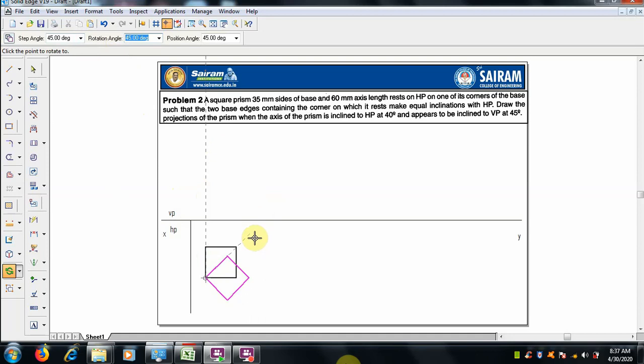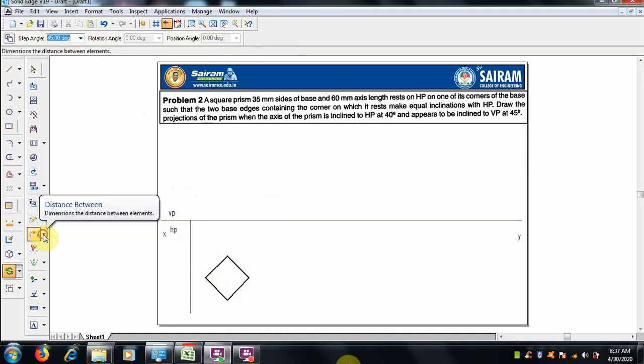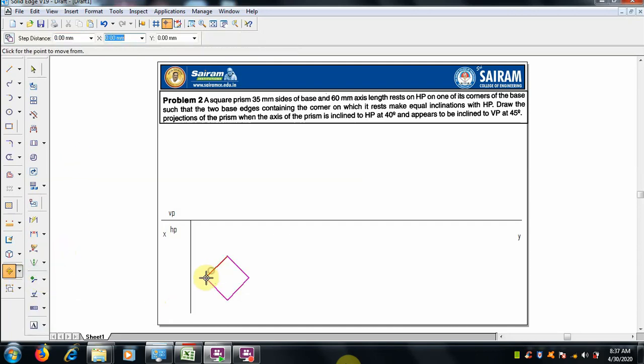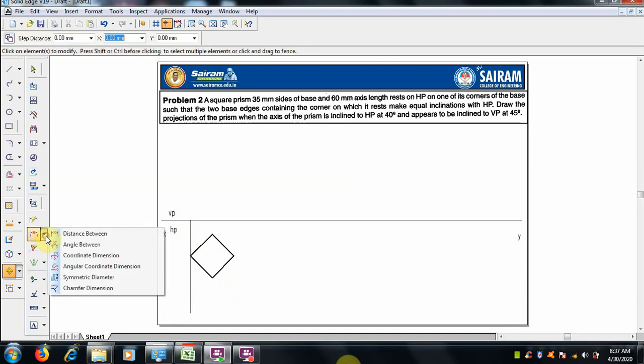So it can be like this. To understand the concept, because 90 degrees for a square it will come, so the equal inclination is 45 degrees each side. That is done.